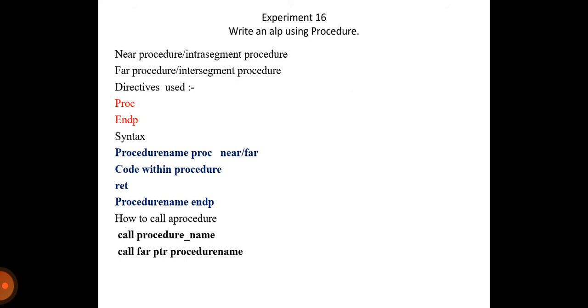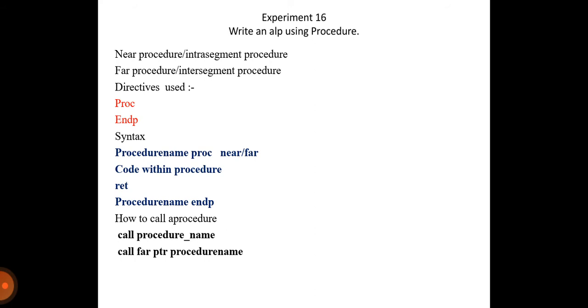So one question may come to your mind: what is the difference between a block and a procedure then? The difference is, when we call a block, there is only a change in the IP. We will not store the current value of IP anywhere in the memory. Just the IP value will get changed. IP will store the address of the block which we called. That is the concept of calling a block.